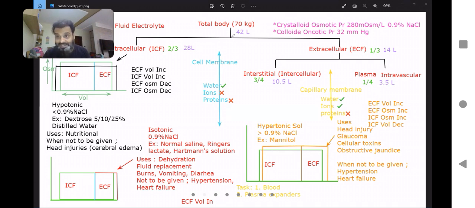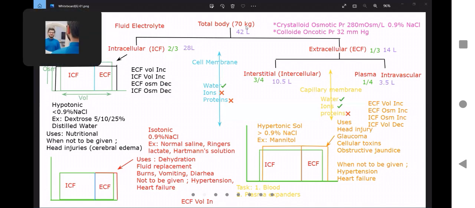I guess it's clear. But it does not have ions. Then it will go here. It will have a dilutional effect, making the osmolarity come down, not only of the extracellular compartment, but also of the intracellular compartment or intracellular fluid. What do you say? Is it clear? बच्चों बोलो।